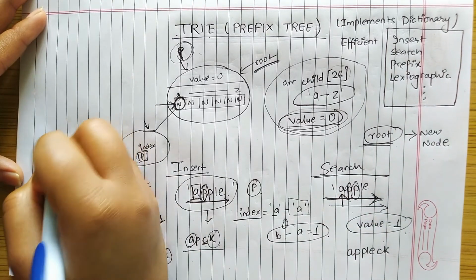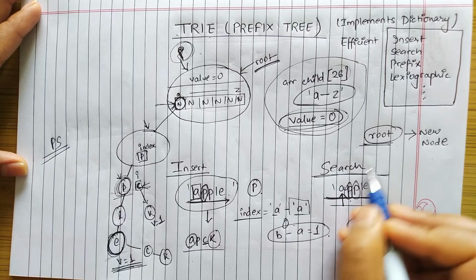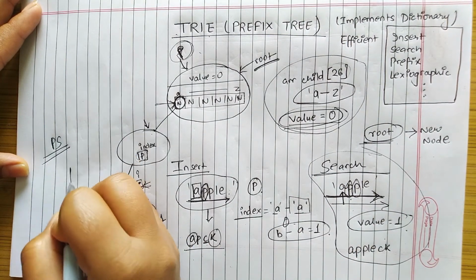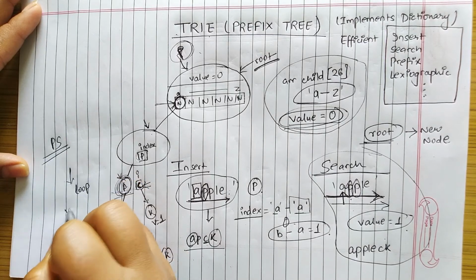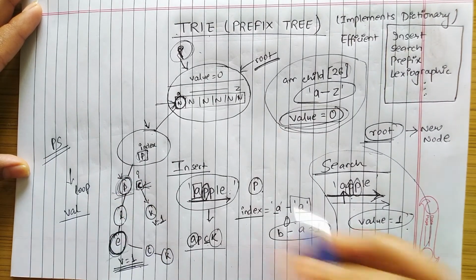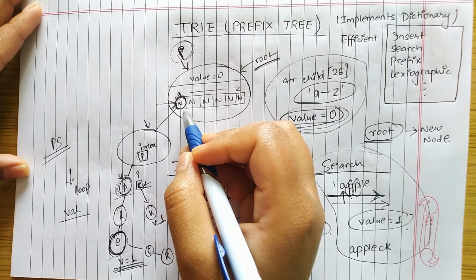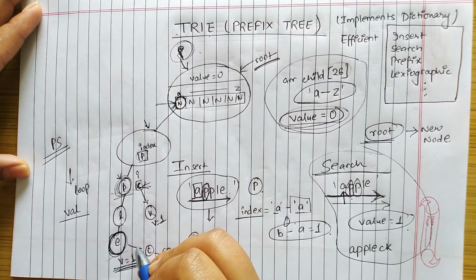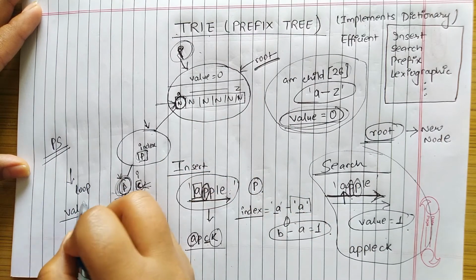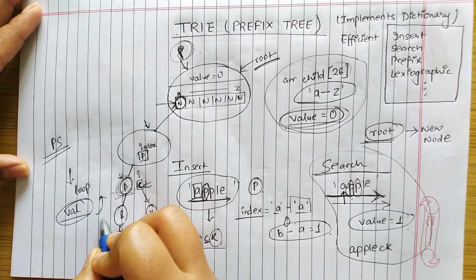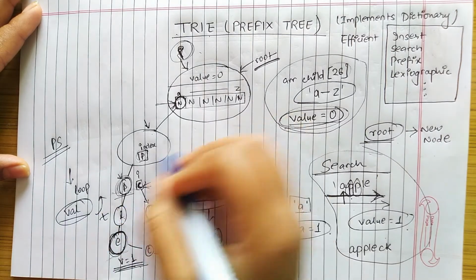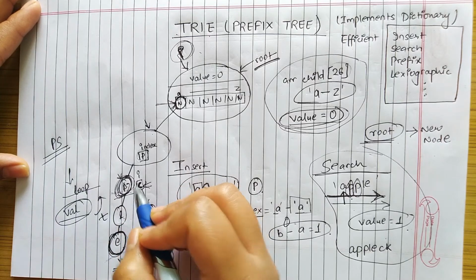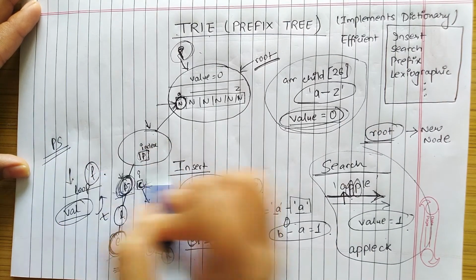Now for prefix search, it is quite easy if you understood search. It is exactly like search, but after you come out of the loop, you will not check value. Why? Because it does not matter if it is the entire string or not. It is just the prefix that we want, and if all of the letters are present, that means the prefix is present. So you will not check the value and just return true over there. And inside the loop, anywhere if you do not find the next letter, that means the prefix is not present, and you return false directly from there.